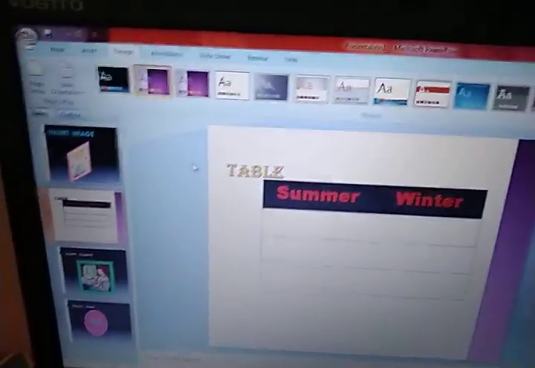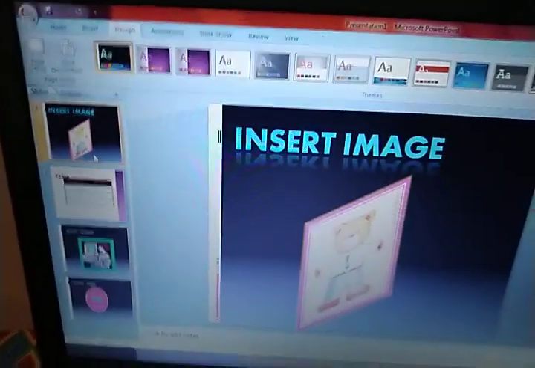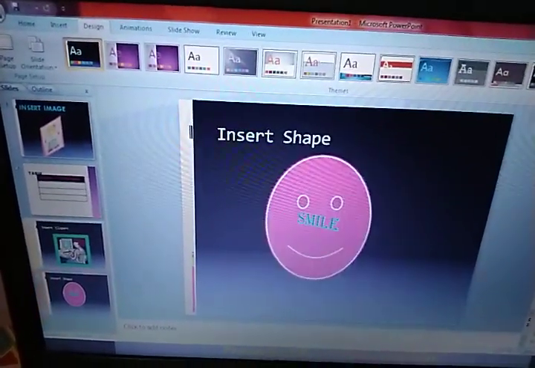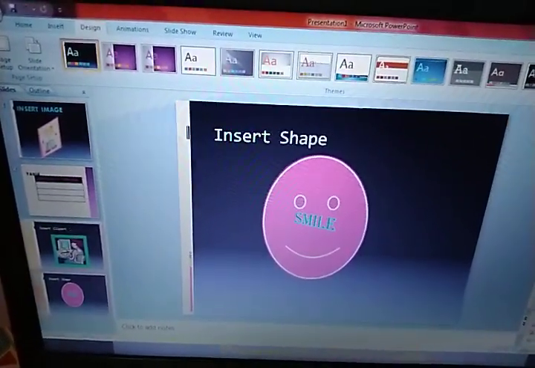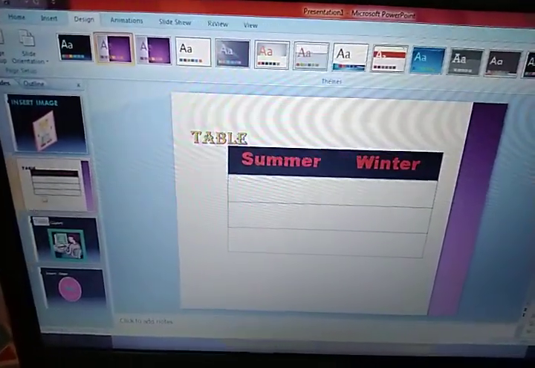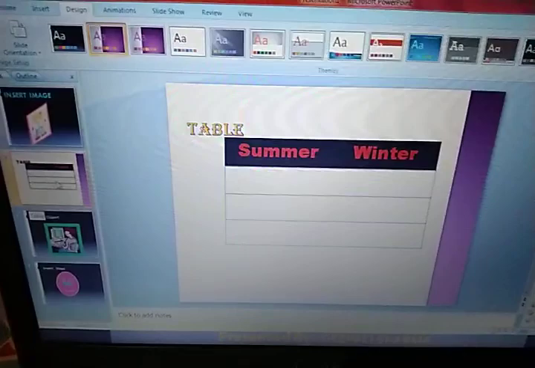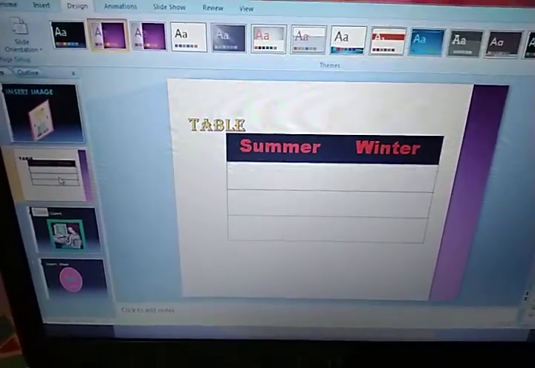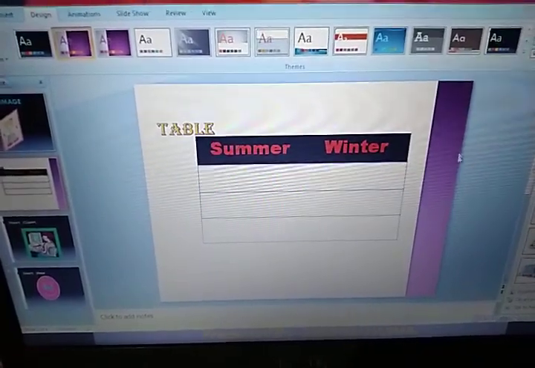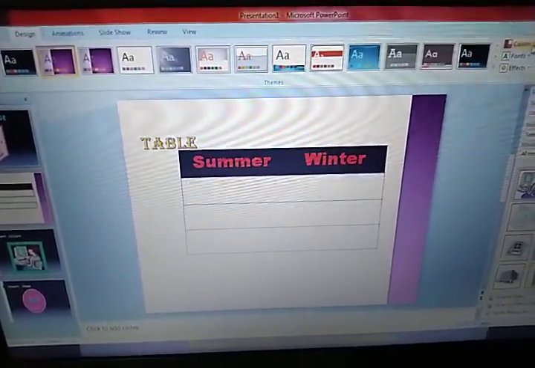So just see here, the first slide theme has not changed, the third has not changed, and the next one is also not changed. So which has been changed? Only the theme of the second slide. So it's clear to you how to change the themes. And one more thing, this color you can also change by clicking on the Colors option.